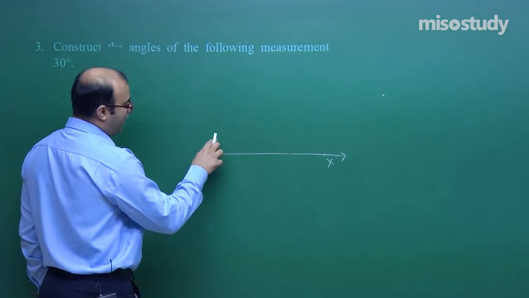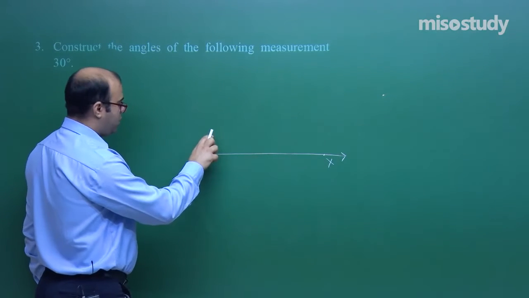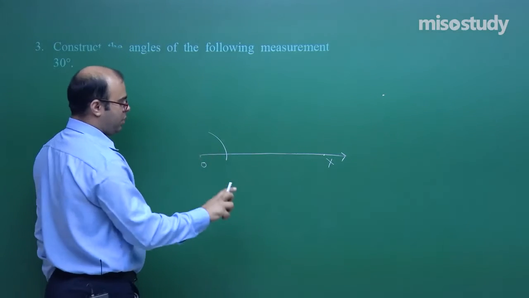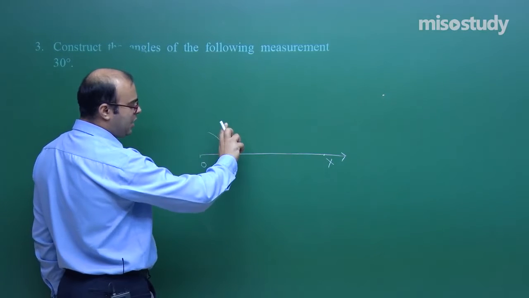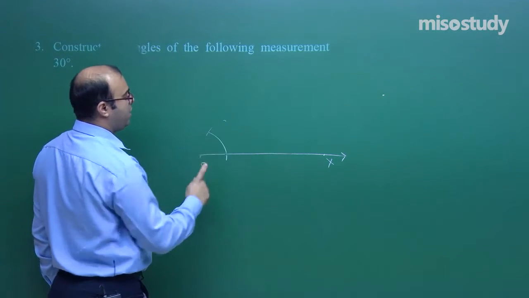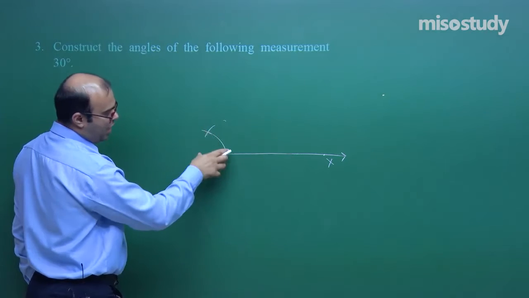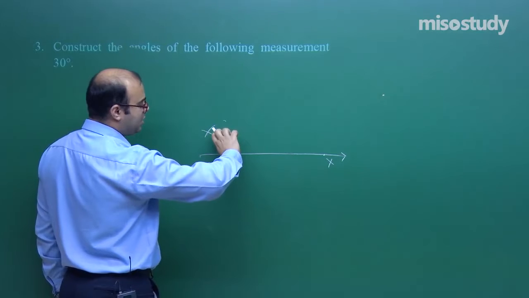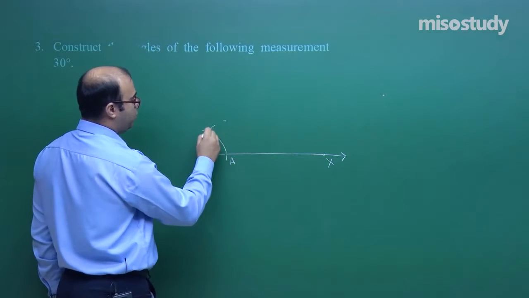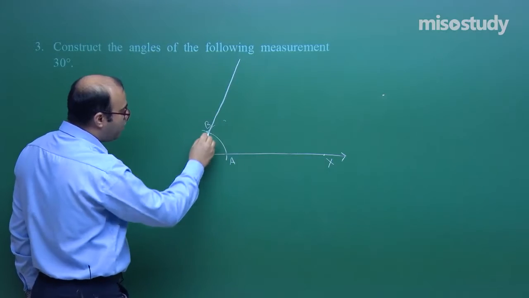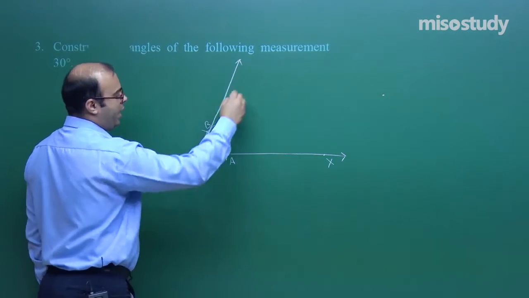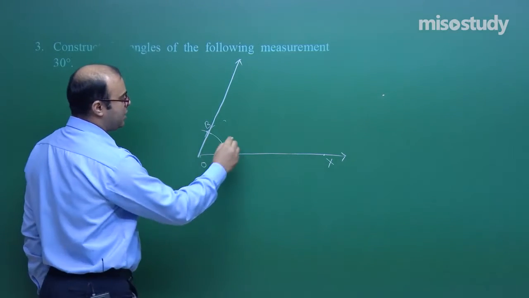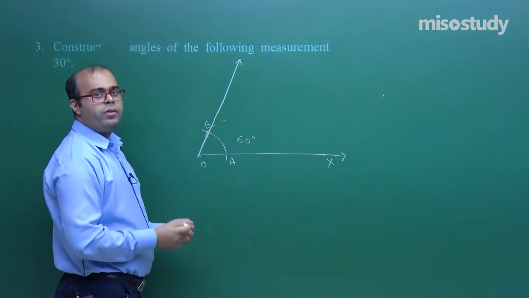What we do? We take an arc of a particular radius and make that arc with O as the center like this. We don't change this radius. Keeping this same radius, taking this as the center, we draw another arc. So it will be like this arc. So first we draw this arc. This arc intersects OX at this point, suppose A. Taking that as the center and the same radius, draw this arc. This point is B. If we join OB, this OB ray and OX ray enclose an angle 60 degree. This we studied. So this makes a 60 degree. Now further what we have to do? We have to make angle bisector.